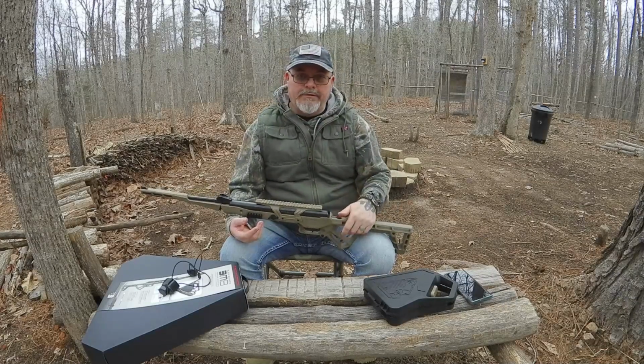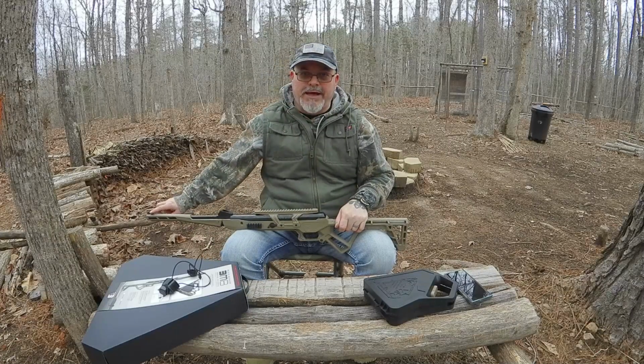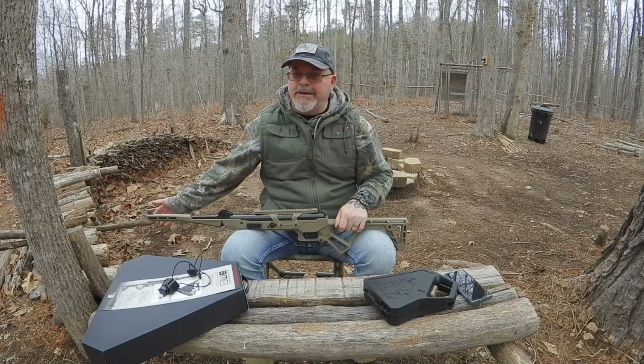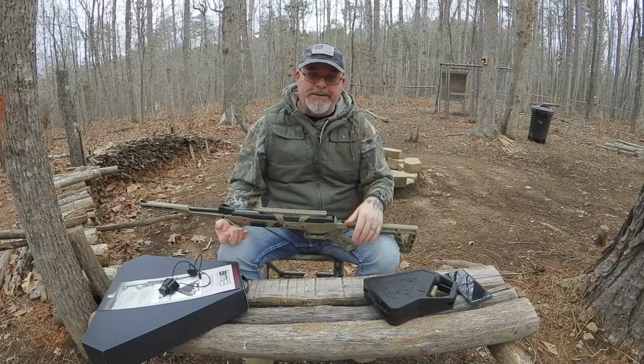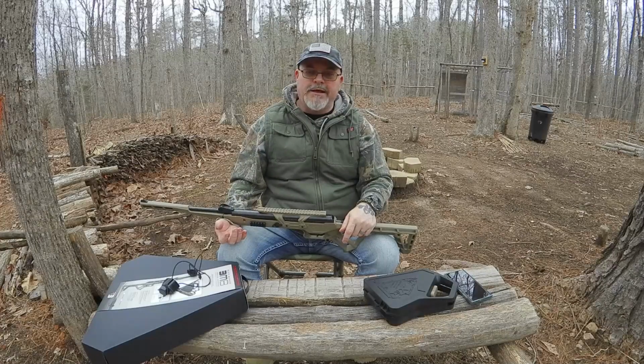Now, my only complaint, like I was getting to, is that it's very hard to see this black sight. I wish they would have marked it white, marked it orange, marked it any kind of bright color, or done a fiber optic sight. I think the reason they didn't do fiber optic is because it does break down and you could break it, and they wanted to go with a blade sight, and that's fine, go with the blade sight, but at least